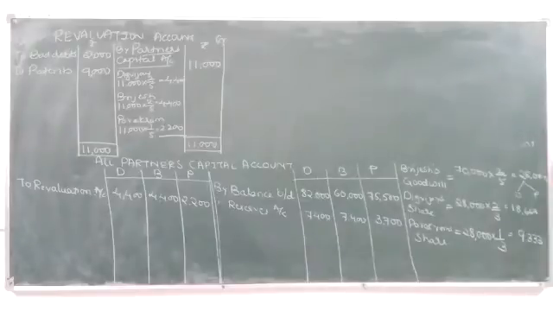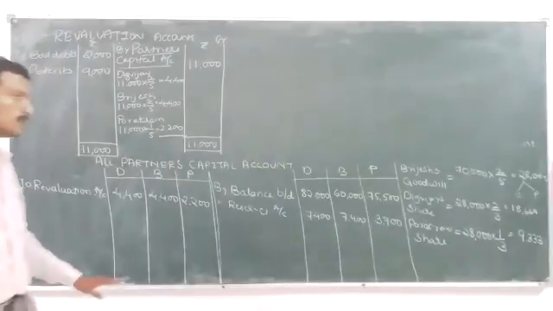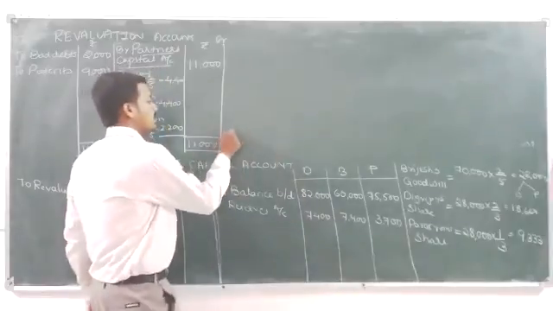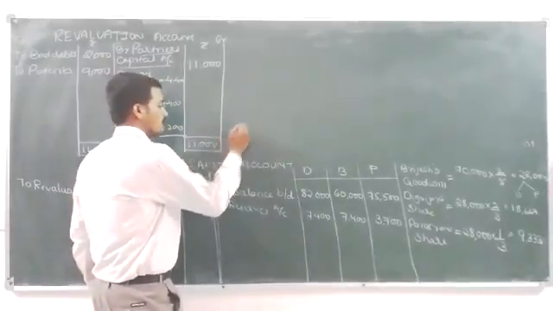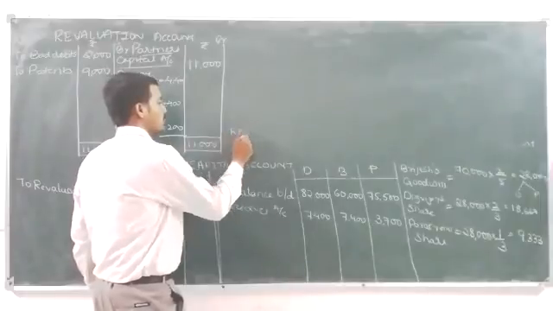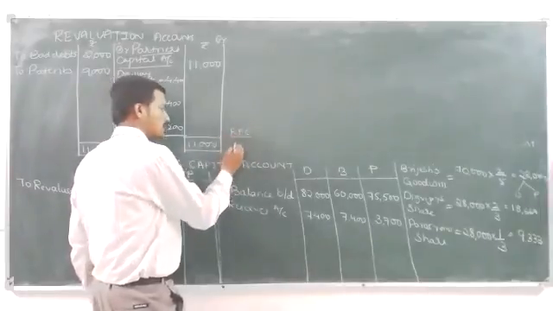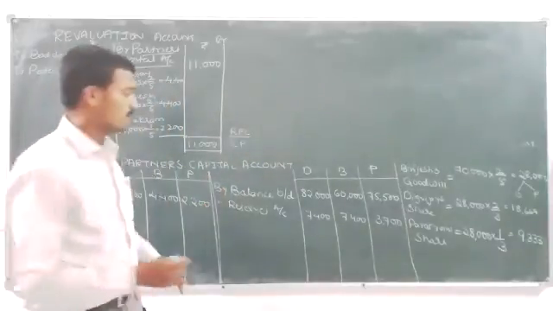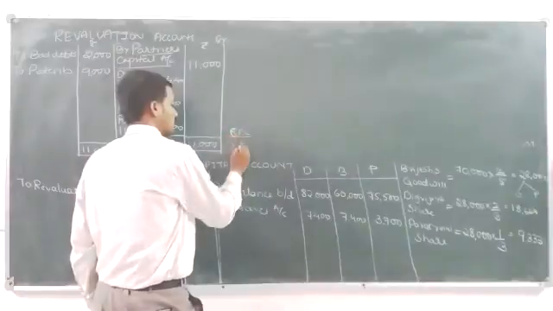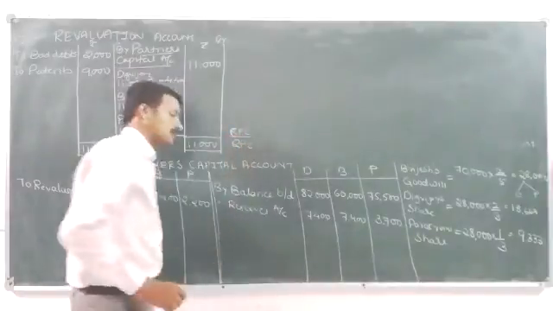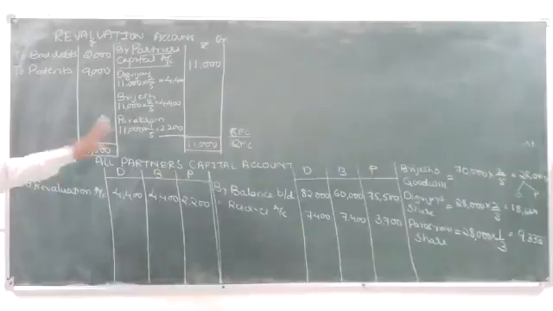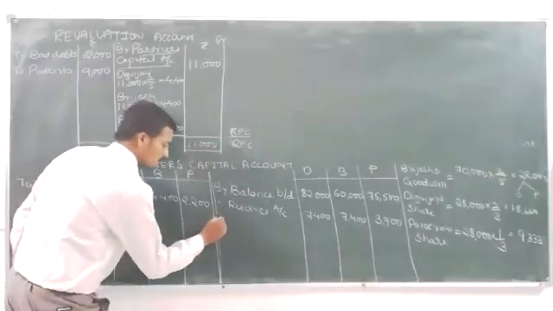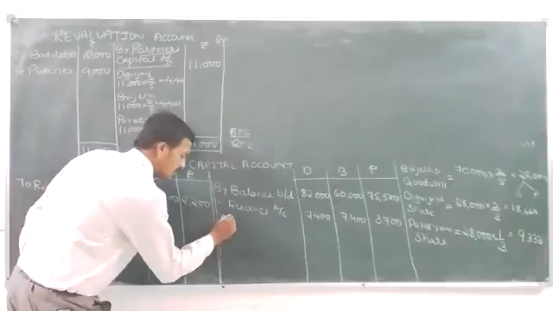Now, how should this be interpreted? If you remember the journal entry which we passed, it was the continuing partners' capital account debit to the retiring partner's capital account. So in the retiring partner's capital account, it should be first